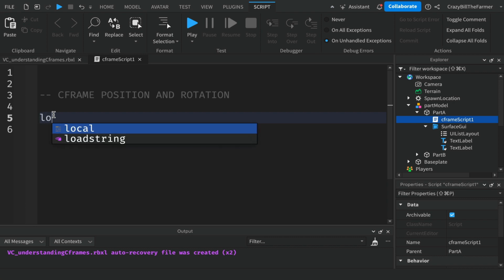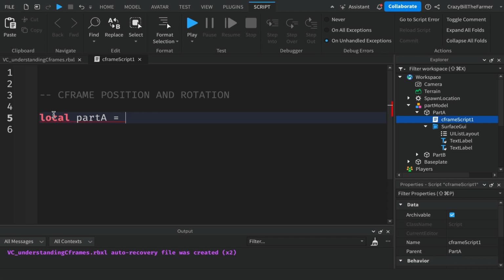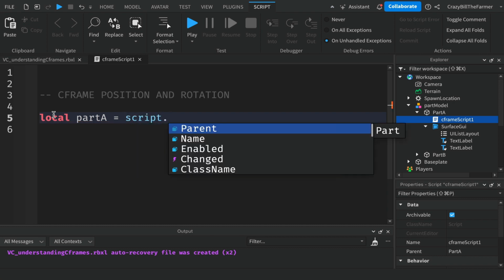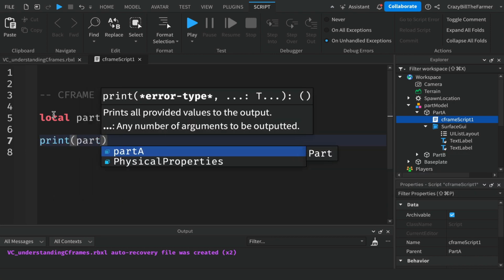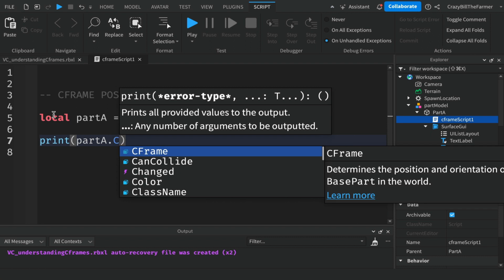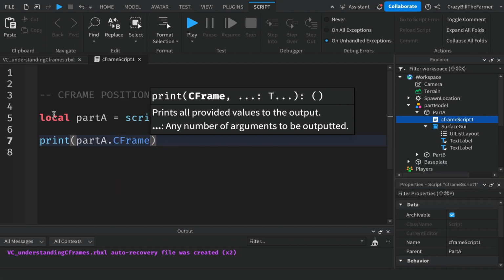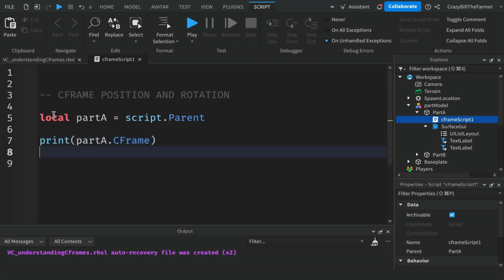Just below this, we'll create a variable for our part A, which will be script.parent here, and let's print part A dot CFrame. Okay, you'll see that it comes up, and right below this we're going to add a comment: the 3D position of the CFrame,